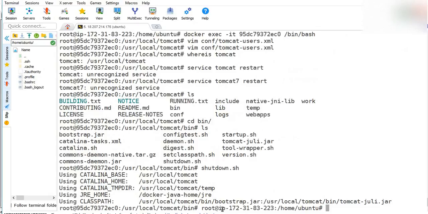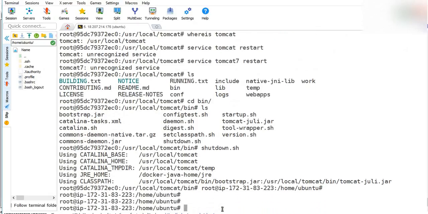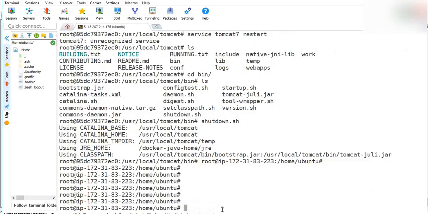So what happened? Where am I right now? Local. So the container got shut down. Where am I right now? On my local. Why? How am I on local? Because my private IP address is visible. So I told you, whatever container you create is based on an image. If you restart the Tomcat, it's going to restart the container itself.